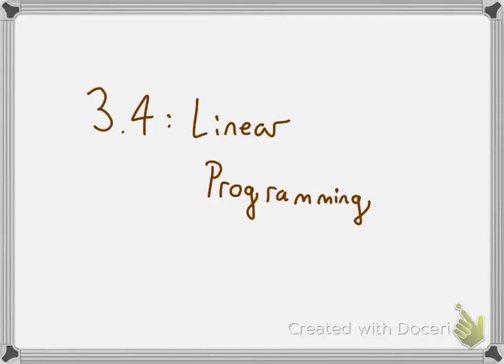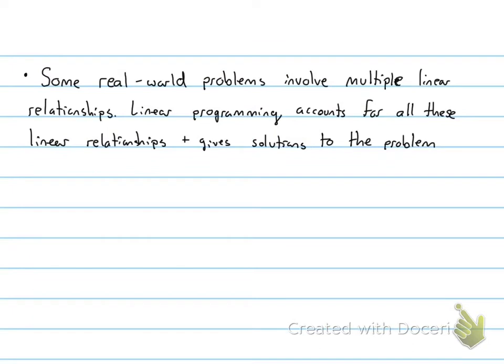In section 3.4, we're going to be talking about linear programming. Some real-world problems involve multiple linear relationships. Linear programming accounts for all of these linear relationships and gives solutions to that problem. So basically what we're going to take a look at today are types of situations where there's multiple constraints to